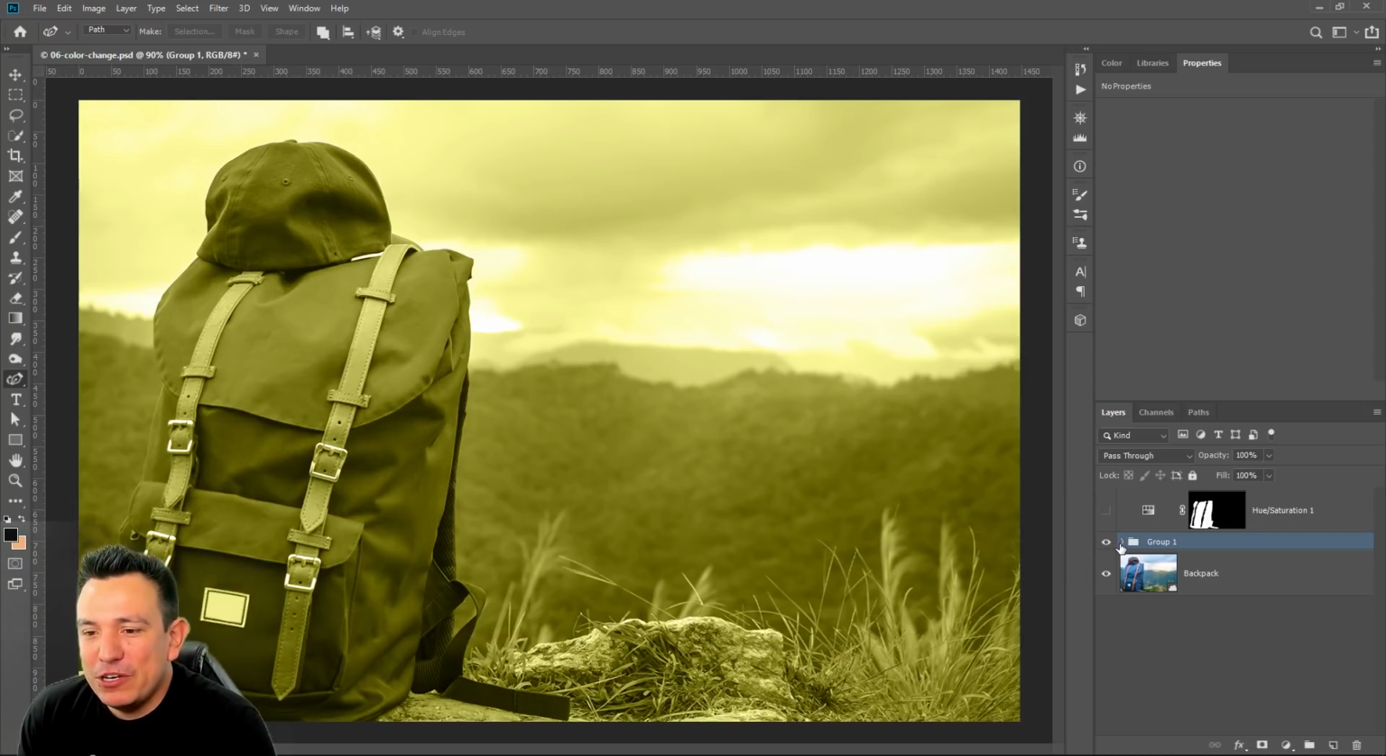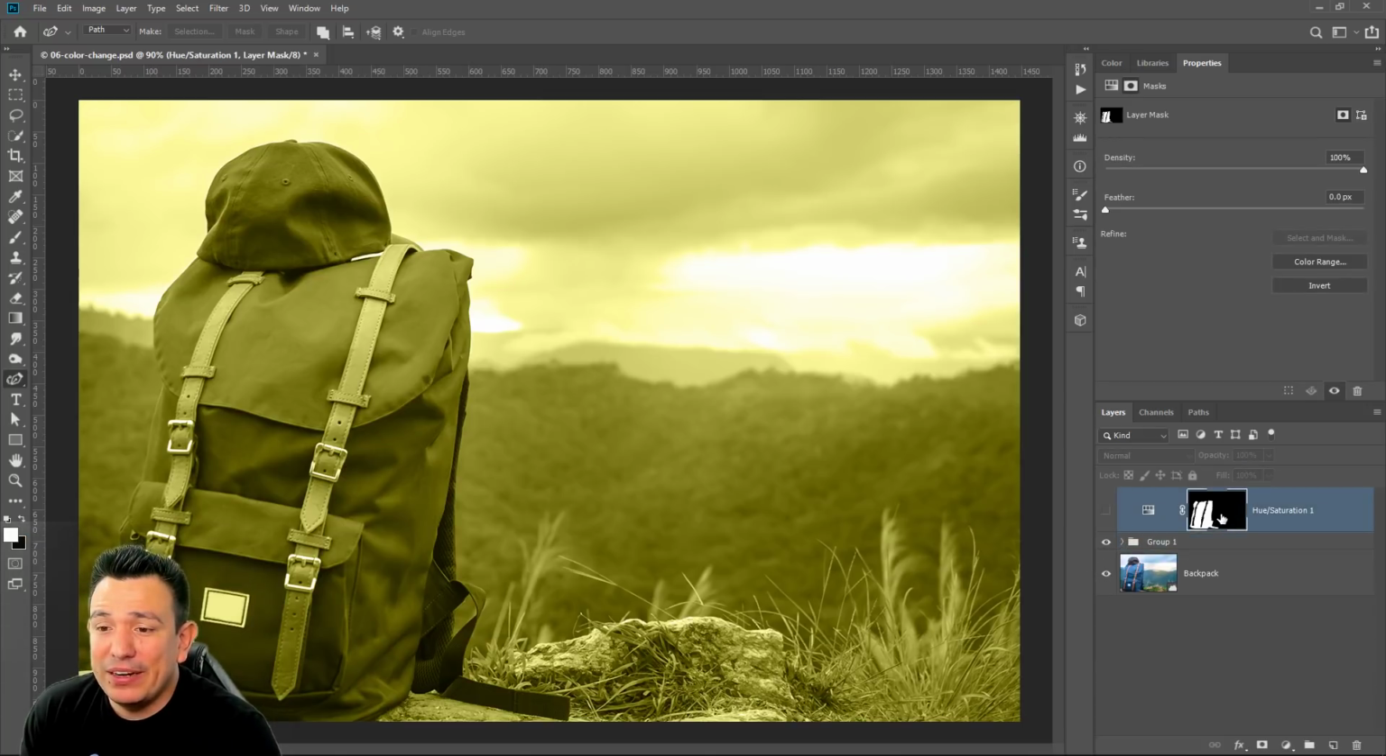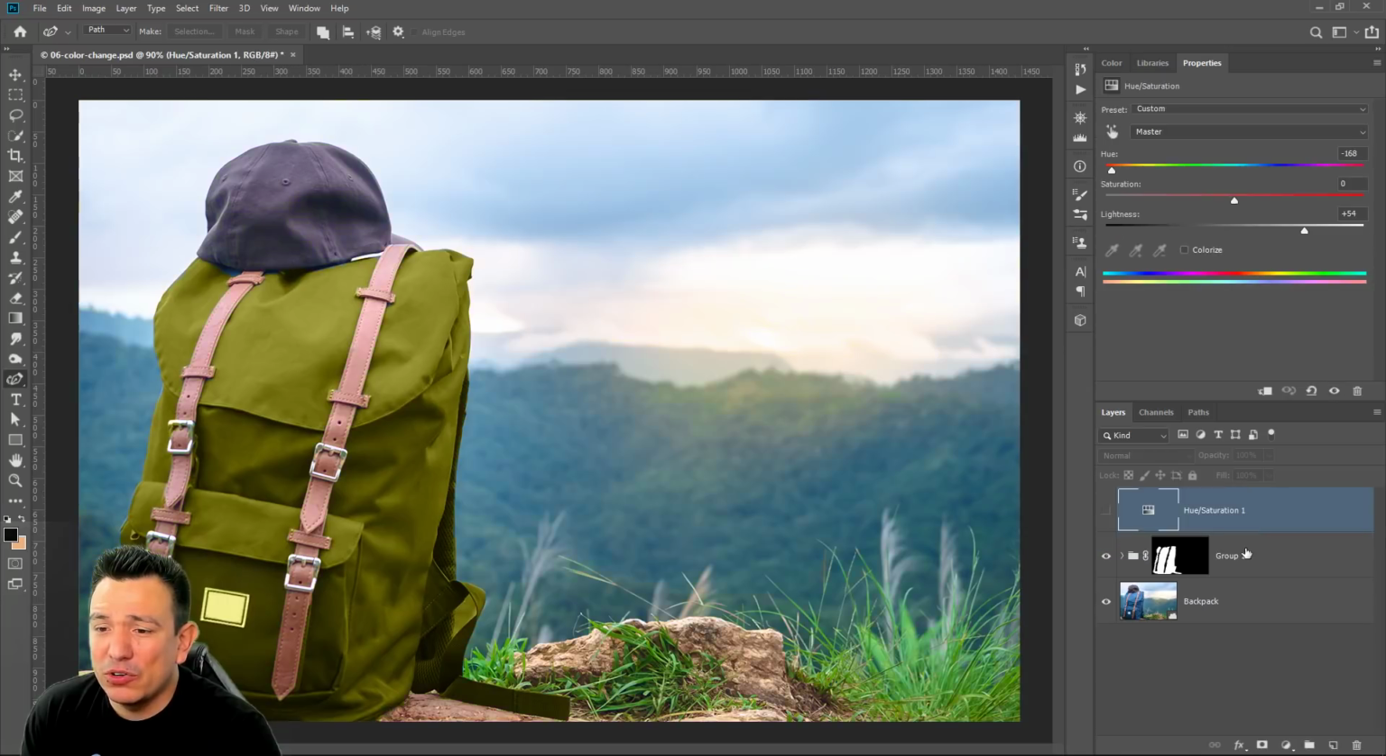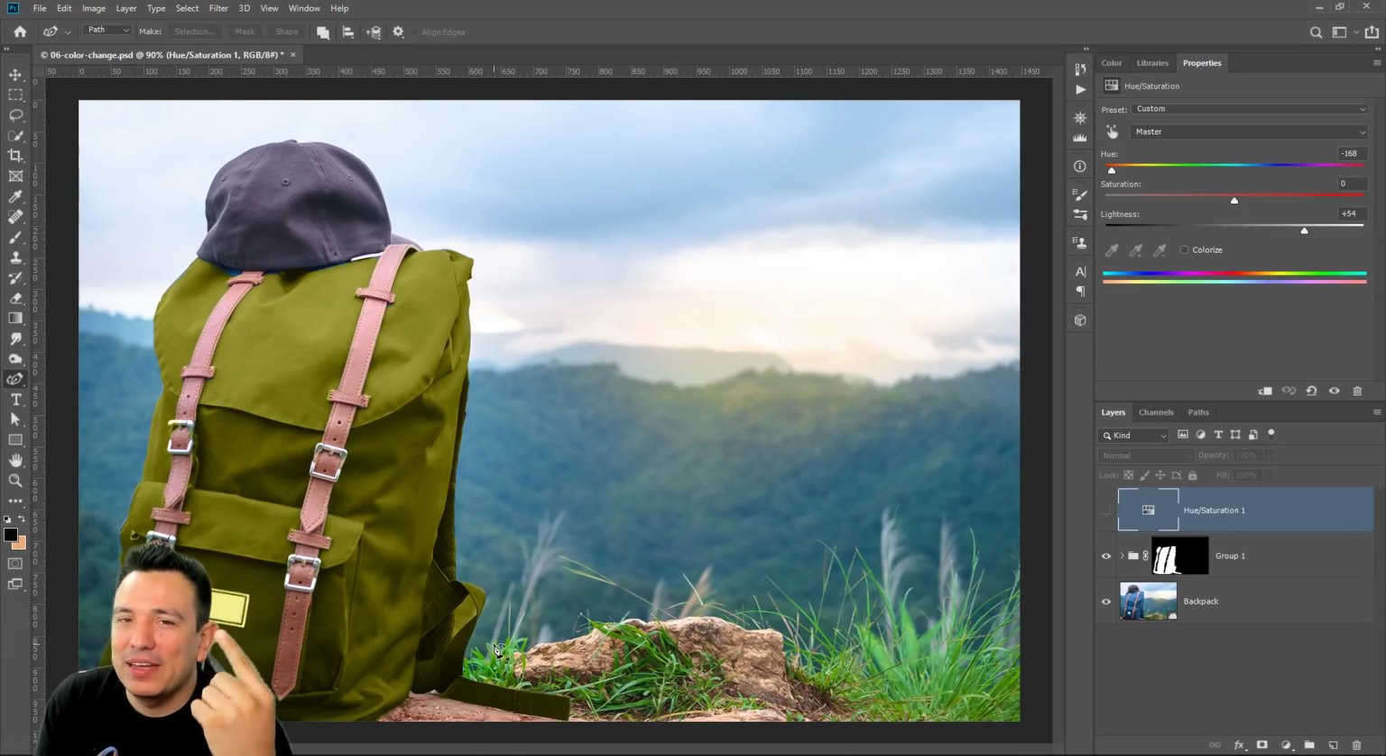So to be more efficient, I'm just going to use one layer mask. I'm just going to grab this layer mask and click and drag it into the group. So essentially it contains the colors to the layer mask that I created earlier. The reason I want to use one layer mask is that if I make a mistake, I don't have to make changes to two layer masks. I just make changes to one, and I can keep dropping layers into this group